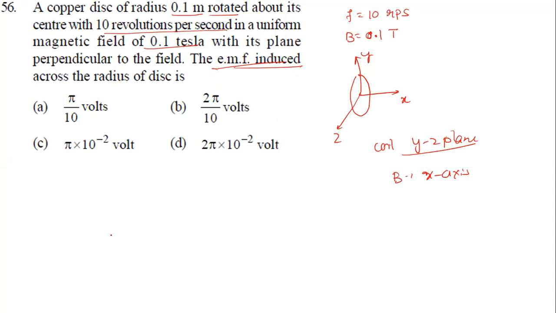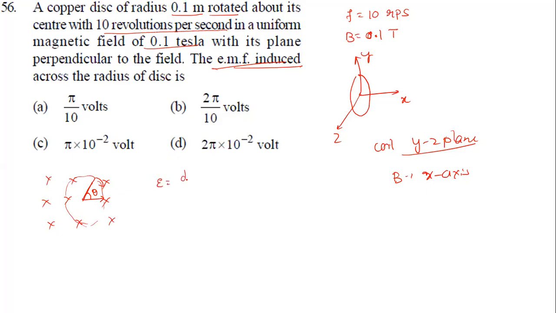It is similar to this. If a conductor is moving in a magnetic field like this, there is a magnetic field everywhere here, and this conductor is going to rotate like this and form a circle. Now how much induced EMF is present in this? Let's say the conductor has moved from here to here, through an angle theta. Then we need to find the induced EMF by what formula?